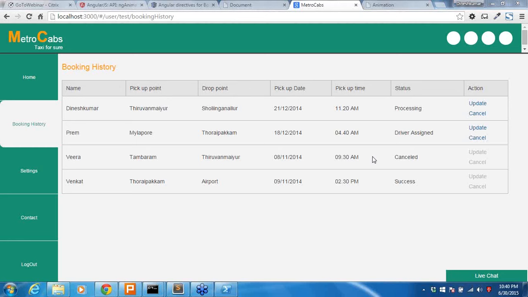From Narendra, we have a question. ng-repeat is slow for large applications. Is there any alternative method for that? Narendra, I just wanted to know how much data you are using in this ng-repeat. I tried 200 to 500 data items and it is giving the result. It is not that slow. That is really good. I don't know how large the data you are accessing is.